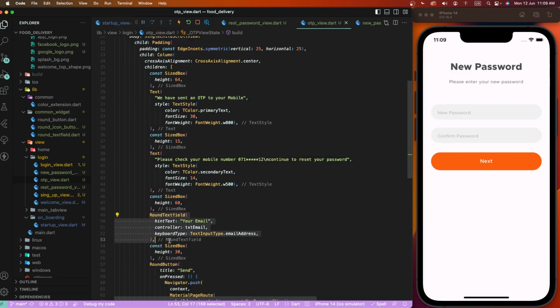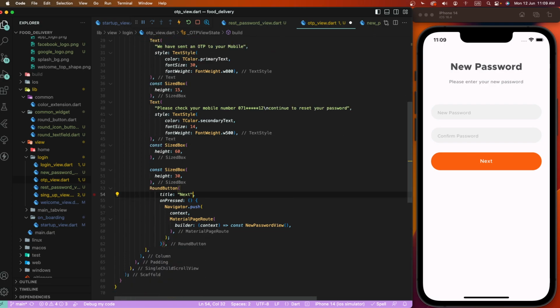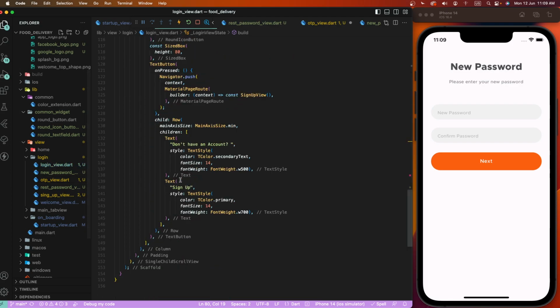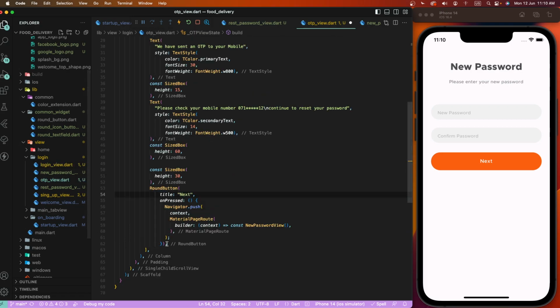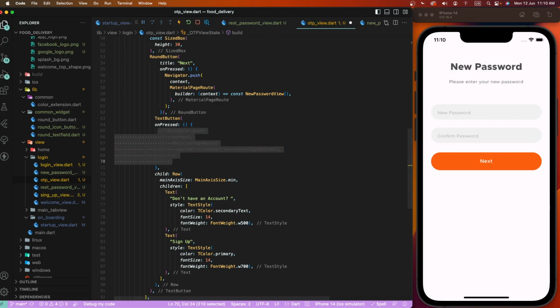And we need to write down and we need to text button. Comment this that receive